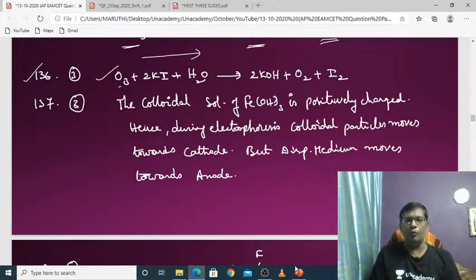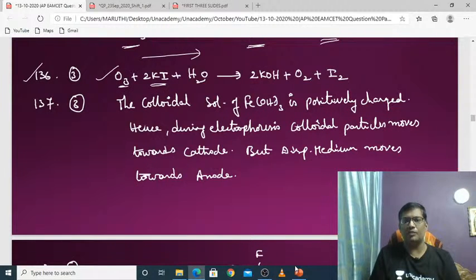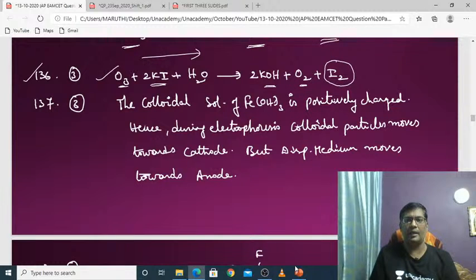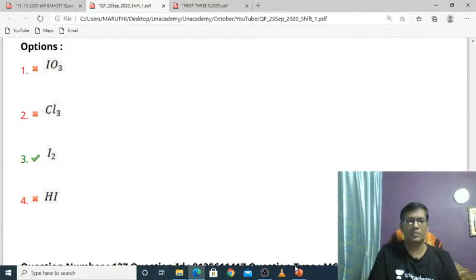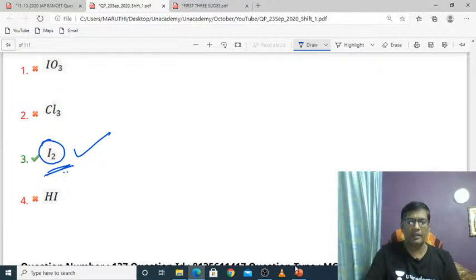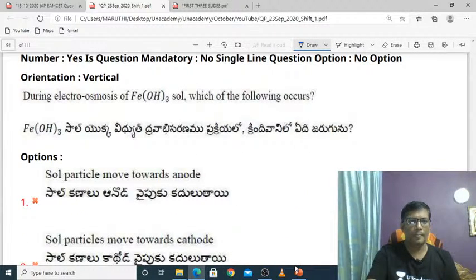This is the equation. O3, when it reacts with potassium iodide along with water, will produce iodine along with oxygen and potassium hydroxide. The iodine is the correct answer for us. Okay, then,